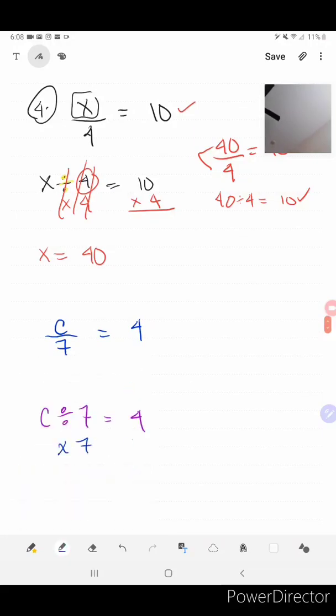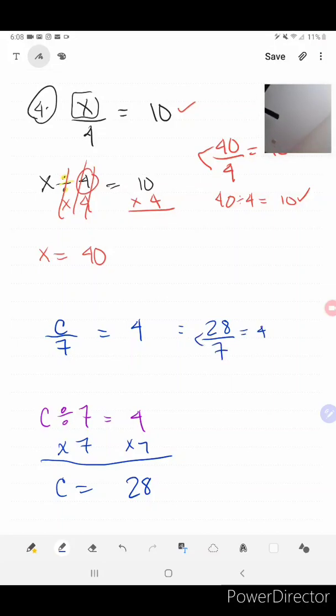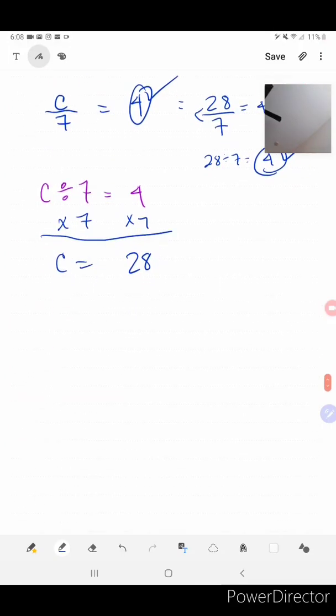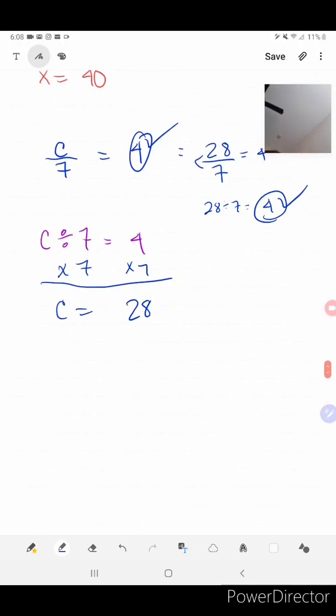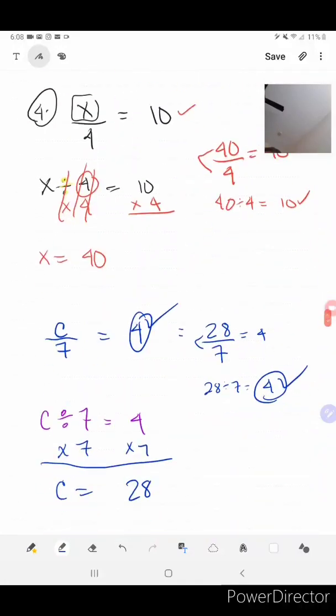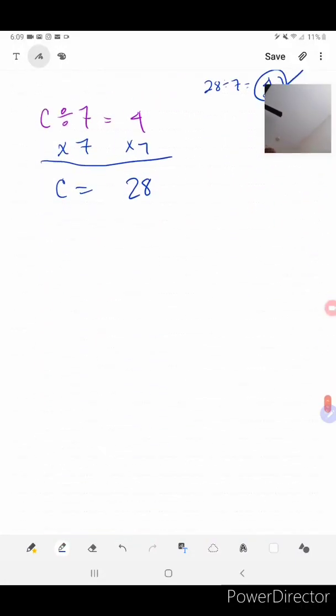Multiply 7 on both sides. C equals 28. If we plug it in, 28 on top divided by 7 equals 4. 28 divided by 7 equals 4. So it's right. Okay, pretty easy. You do plus or minus all the way through. That's all you do. So I'll do one more of each just so you guys can